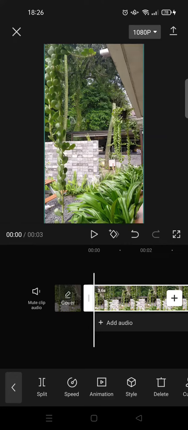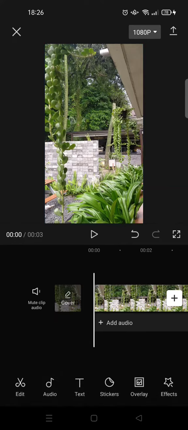On today's video, I'm gonna show you the 4K video tutorial on CapCut. So here I've already added a video and you can just go to adjust,